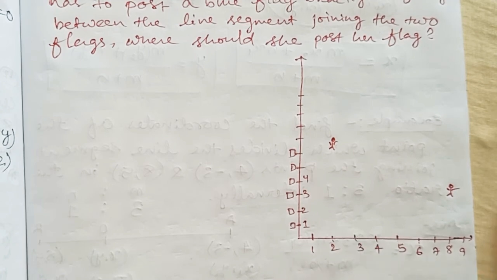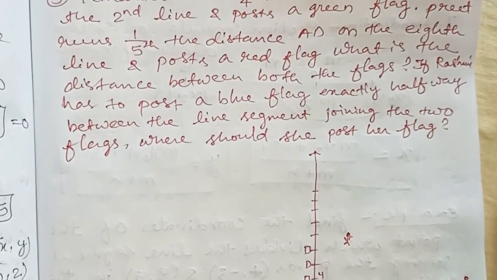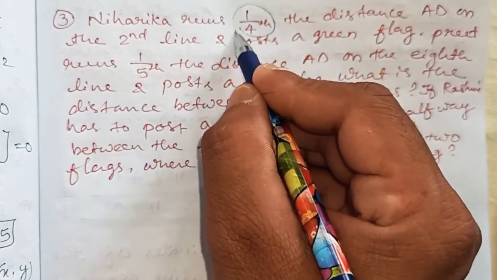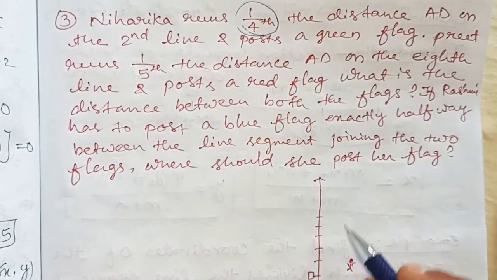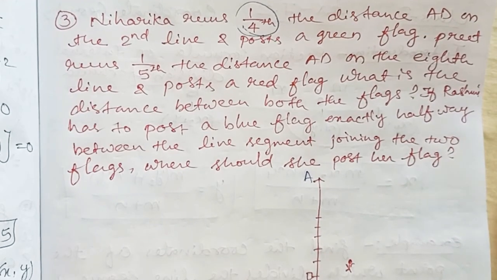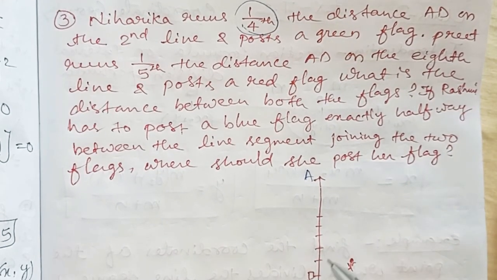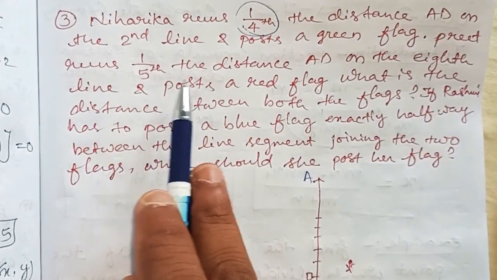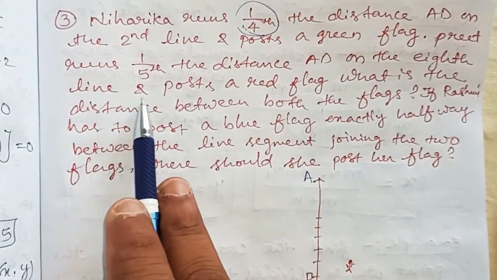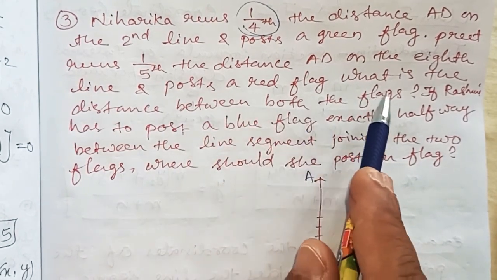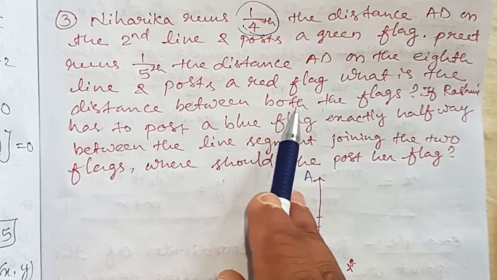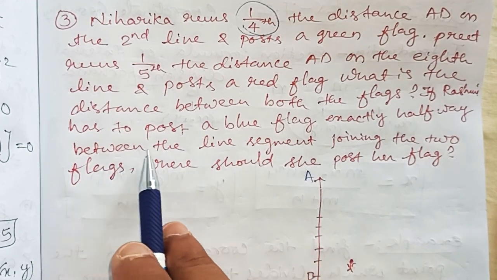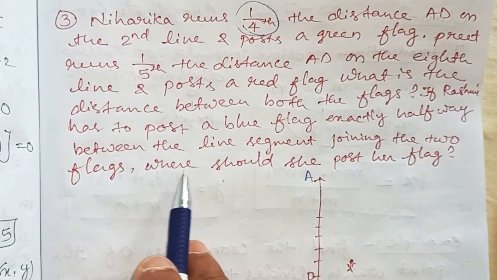Given. Okay, and here it is asked that Niharika runs 1/4 the distance AD. Okay, this is AD. Niharika runs the distance AD of the second line and posts a green flag. Preet runs 1/5 the distance of AD on the 8th line and posts a red flag. What is the distance between both the flags? If Rasmi has to post a blue flag exactly halfway between the line segment joining the two flags, where should